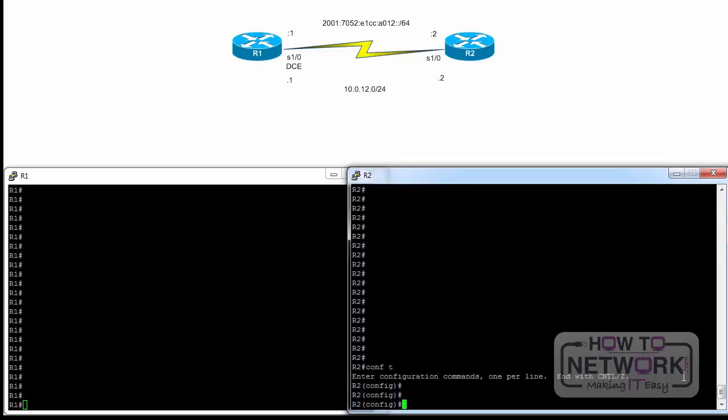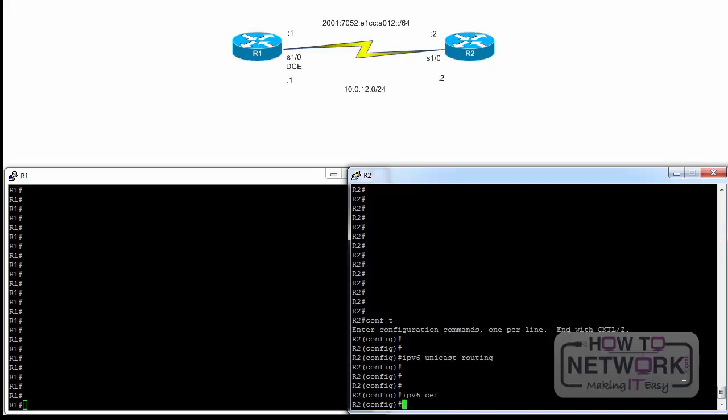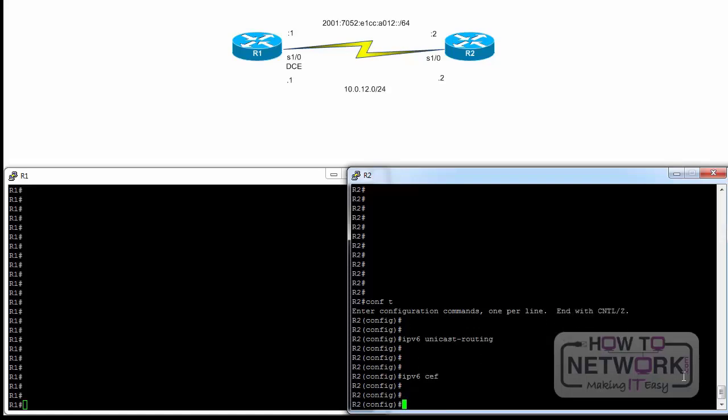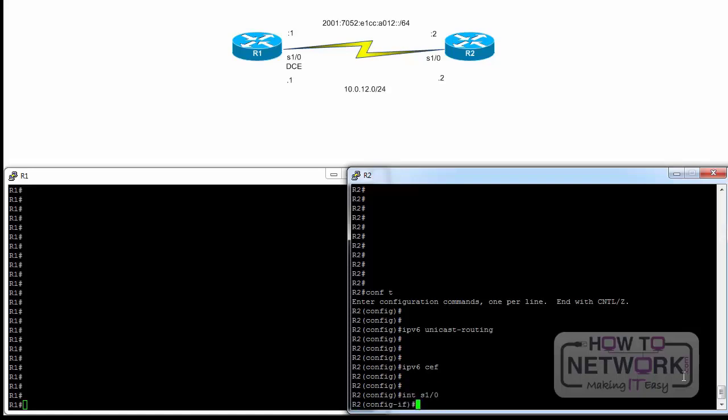First, we are going to configure R2. We need to enable IPv6 unicast routing because it is disabled by default. We also need to enable IPv6 CEF processing, or Cisco Express Forwarding, because it is also disabled by default, and we are going to need it for capturing IPv6 traffic. Now we need to configure IPv4 and IPv6 addresses. We will use a simple